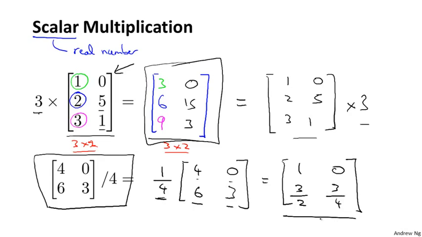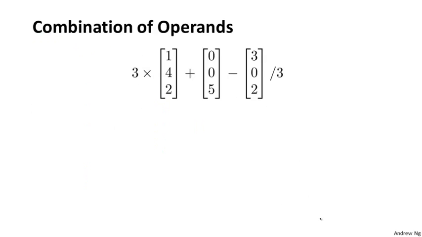Finally, for a slightly more complicated example, you can also take these operations and combine them together. So in this calculation, I have 3 times a vector plus a vector minus another vector divided by 3. Just to make sure we know what these are: this multiplication is an example of scalar multiplication, because I'm taking 3 and multiplying it. And this is another scalar multiplication, or I'm going to write scalar division, I guess. This really just means 1/3 times this. And so if we evaluate